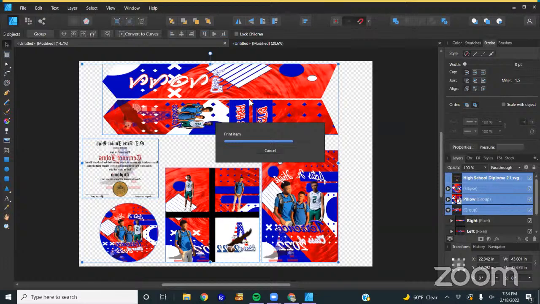Because I said I wanted to come up with a few more, but why create something from scratch when I can recycle what I already used and what I already have? And this thing is moving mighty slow for whatever reason. Well, I guess I know why. It's a 40-inch design, so makes sense.